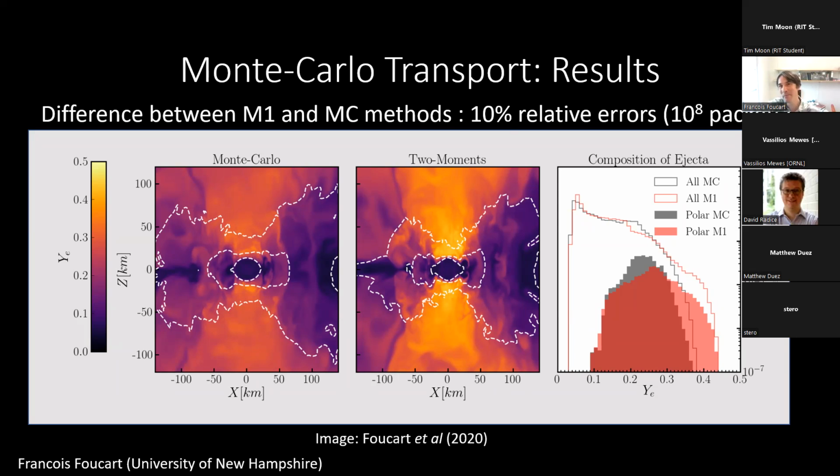When I looked at it, I personally thought that it would be easier to do Monte Carlo by that point. But I would be very interested in seeing results with the spectral M1, because I think that would be a very valuable comparison if it can be done. Okay, thanks a lot. So let's